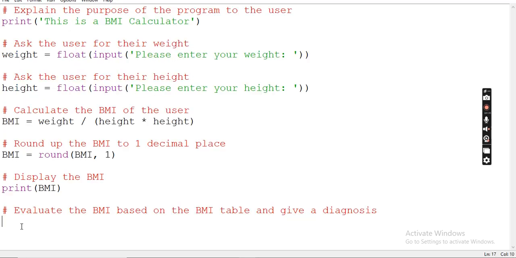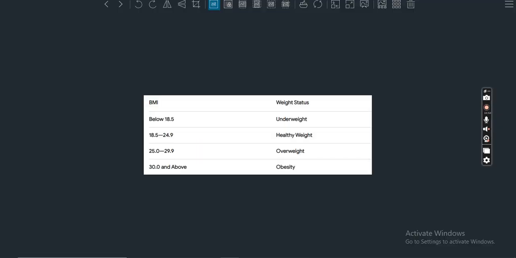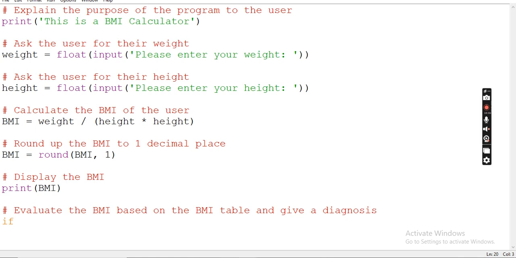and get a diagnosis. So the way to do that is, let's review the table again. The first condition is if below 18.5. So we say if BMI less than 18.5, print underweight, else if BMI